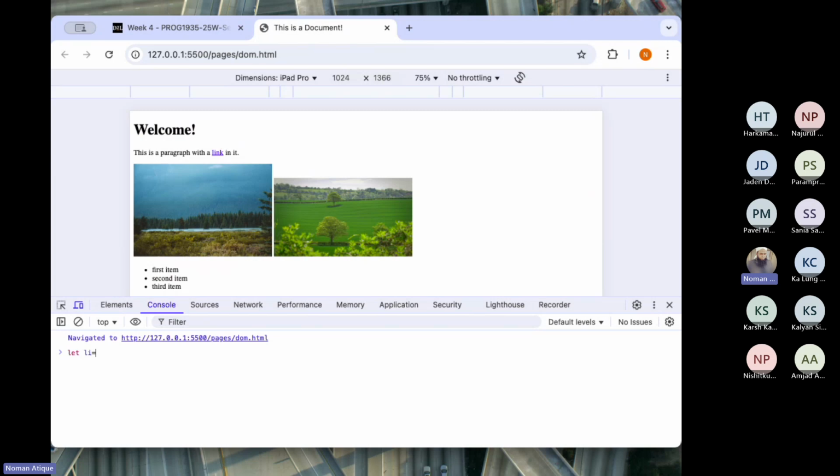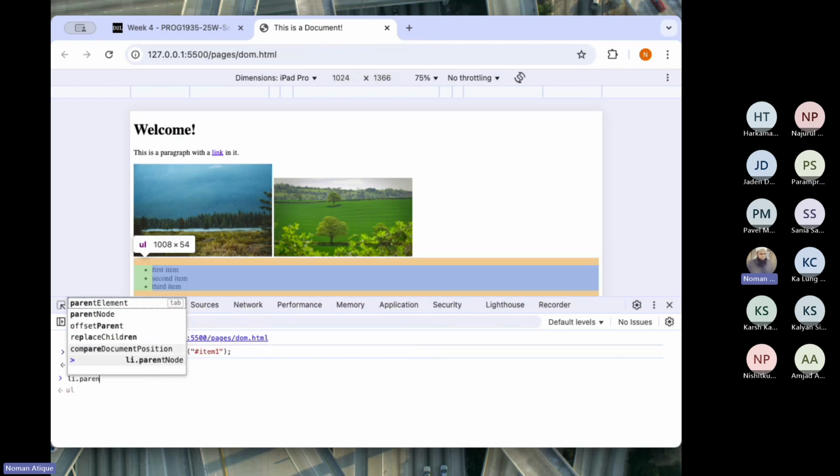So for example, I say document dot query selector and I say hash item 1. Look at that. I've got li. If I say li dot parent node,